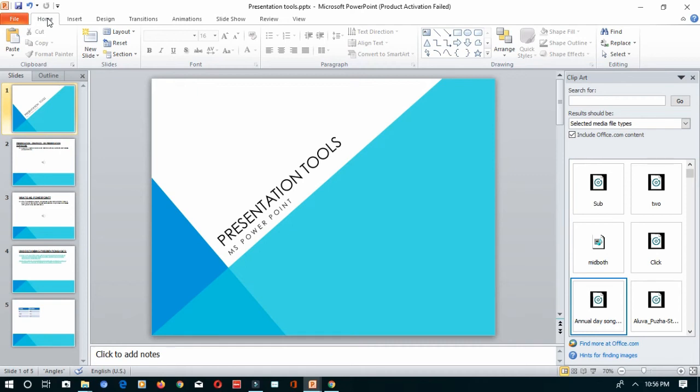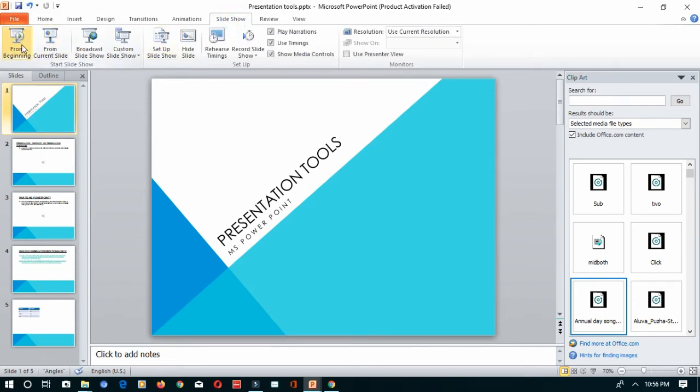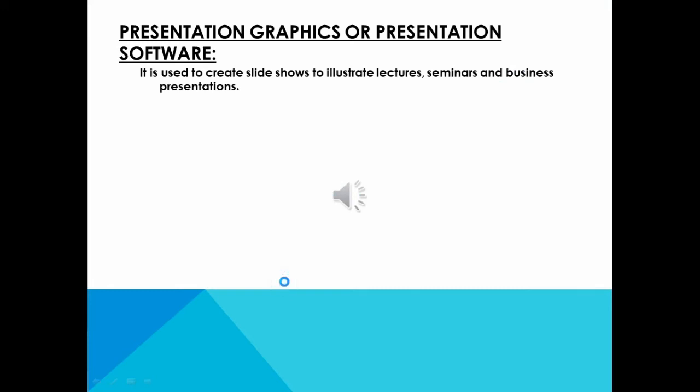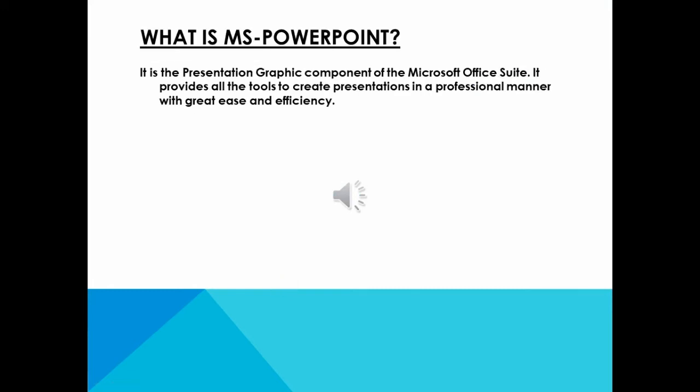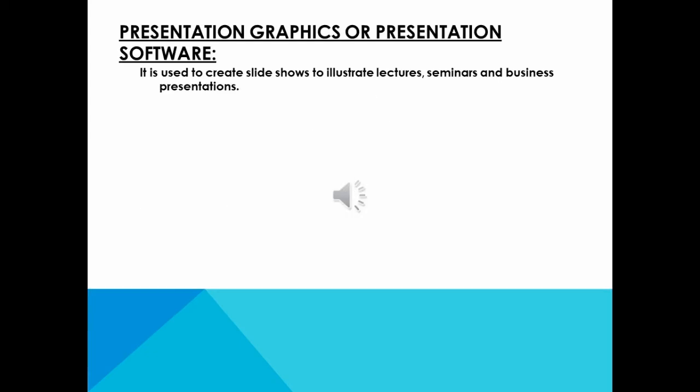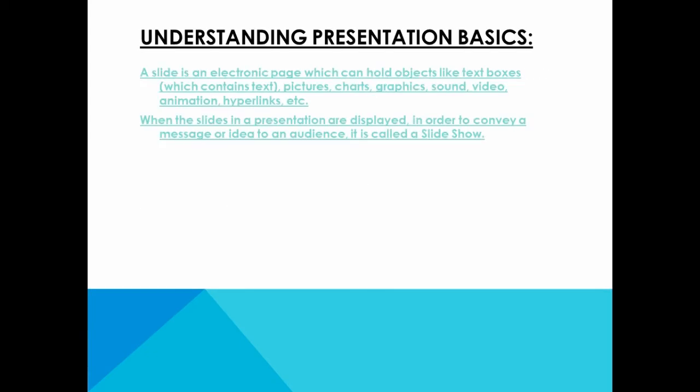Next will be shortcut keys I told about, right? If I am doing a slideshow from the beginning, I am in the first slide. For example, I go to the second slide, third slide. I want to go back to the first or second slide. What can I do? I can press, for example, 1 plus Enter on the keyboard. That means it will go to the first slide. If I press 2 plus Enter, it will go to the second slide. If I press 4 plus Enter, it will go to the fourth slide. This is a shortcut key.